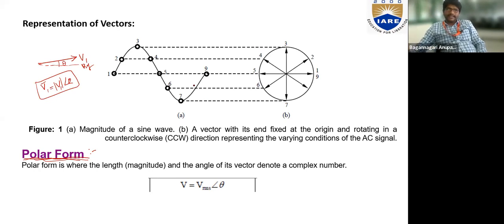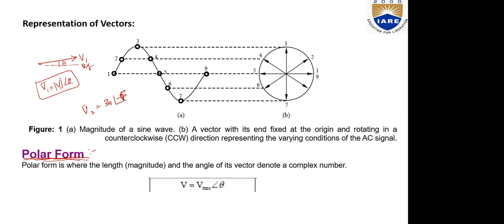So what does it indicate when, suppose, I have an equation for vector V2 as 30 at an angle of minus 30 degrees? Let me write it as 60 degrees. So what does it indicate?